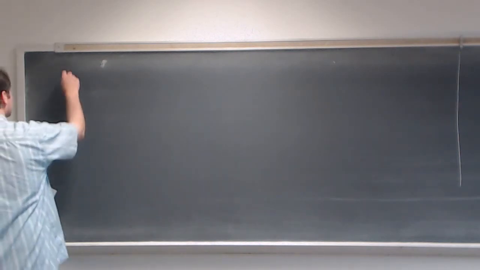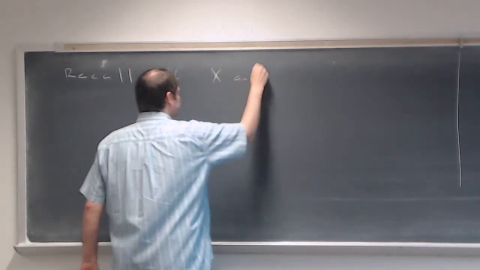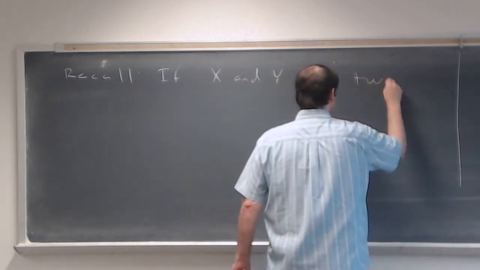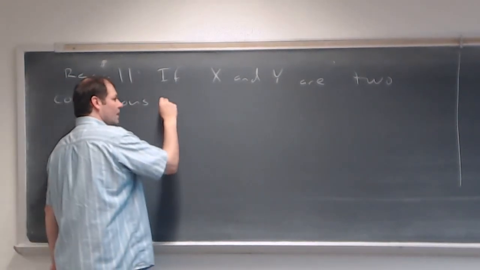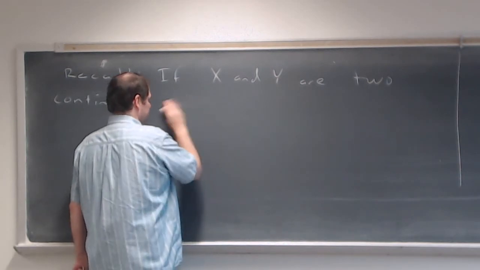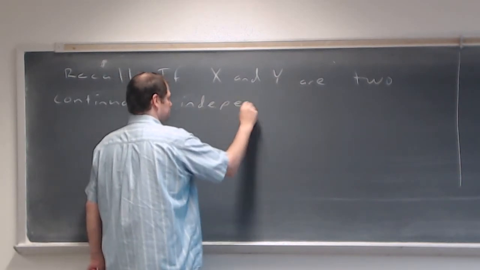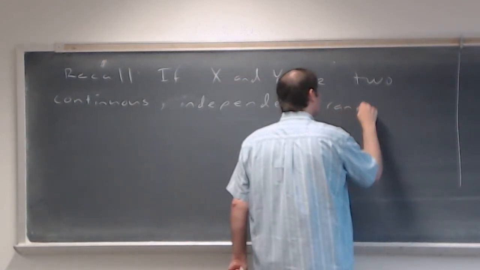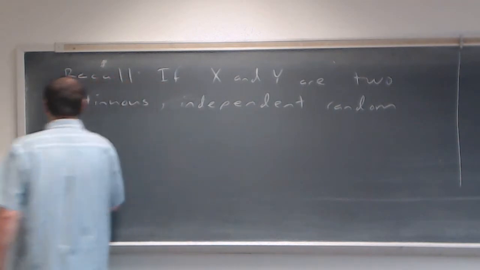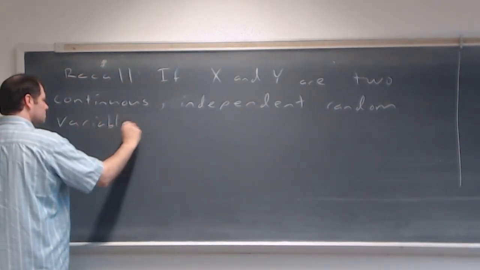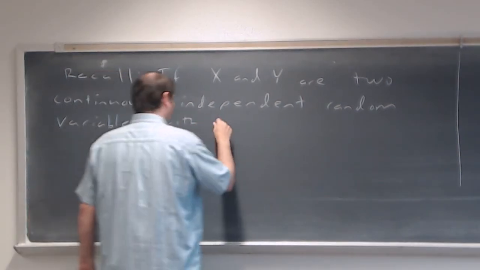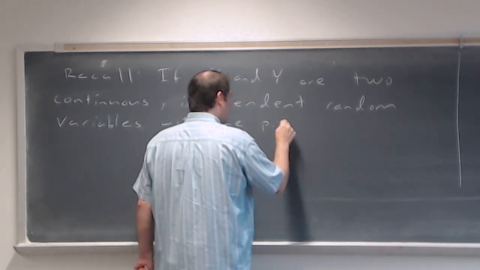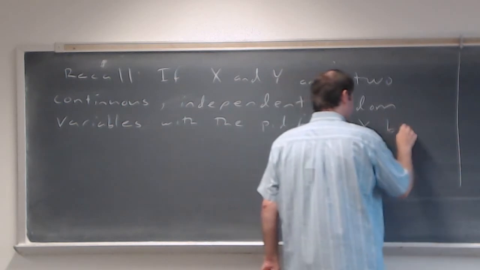By remembering that fact that we had. So here's the recall. If X and Y are two continuous, also independent, random variables, then with the PDF of X